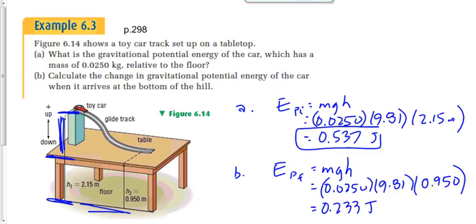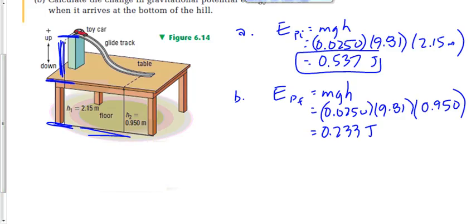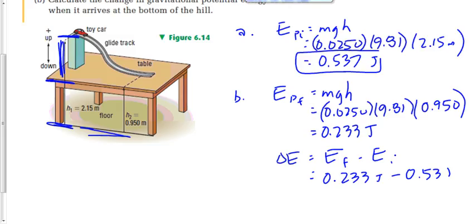Now, if we're finding the change, remember, that's not our final answer. Be careful. Hey, if this was a multiple choice question, guess what one of the options would be? 0.233. Some of you would get that and say, oh, that must be the right answer because I got an answer that's one of my options, but you're not finished yet. The change in potential energy is the final minus the initial. So it's going to be 0.233 joules minus the initial energy of 0.537 joules. And that's going to give us